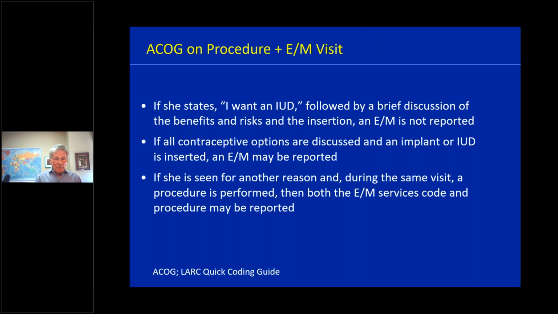Then the third point is, if she's seen for another reason, and during that same visit you do a procedure, you can bill both for the E&M services and for the procedure, okay? And that's what's called a turnaround visit, and that's exactly what Janie had. The turnaround is she came in because she wanted to be checked for sexually transmitted infections. The turnaround that she ended up getting services for contraception and also got a Skyla placement, okay? And you can bill for both those things. So now what we'll come to is how are you going to bill for Janie's visit in Family PACT? Next.